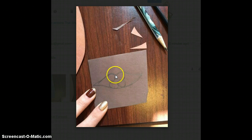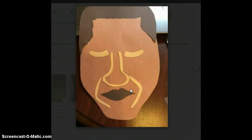So kind of using the top circles as a guide for the top and the bottom circles as a guide for the bottom. You don't have to do this, but it's just a tip in case you want a little help with the mouth. Then you go ahead and cut out what you just traced